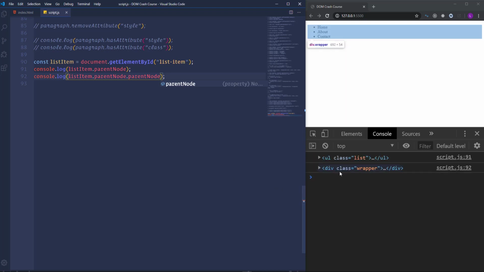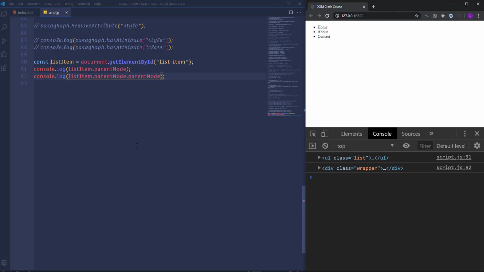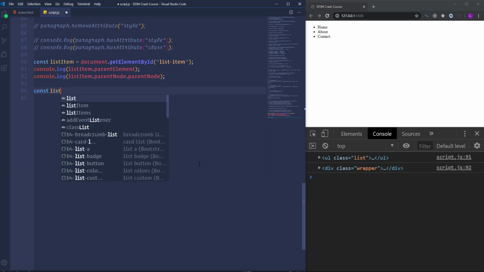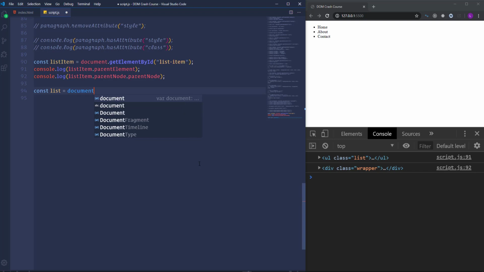Instead of the parent node, we can use the exact similar property, which is called parent element. They work in the exact same way. If we change parent node into parent element, then we will get here again the UL element. Alright, next I'm going to use the property which is called child nodes. Before that, let's select the UL element, create new variable list, and select the list elements using query selector method. And then run to the console